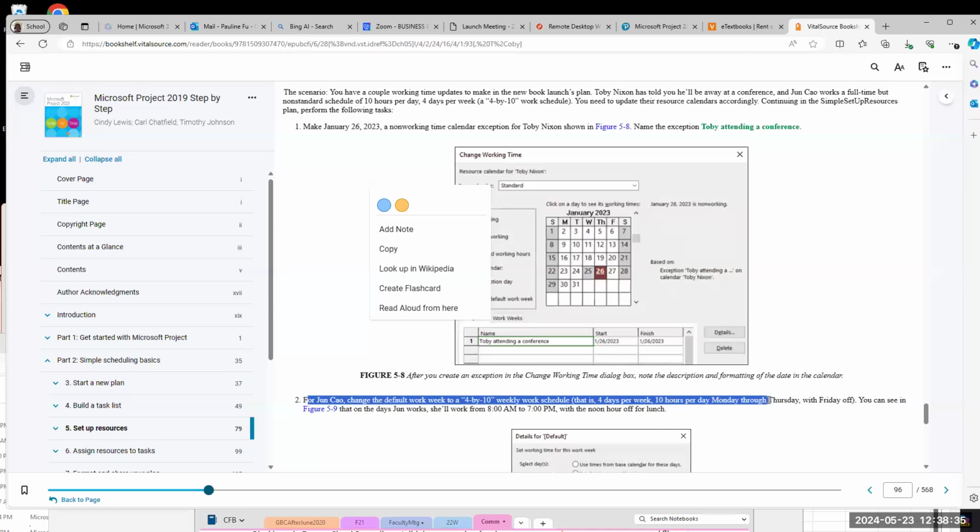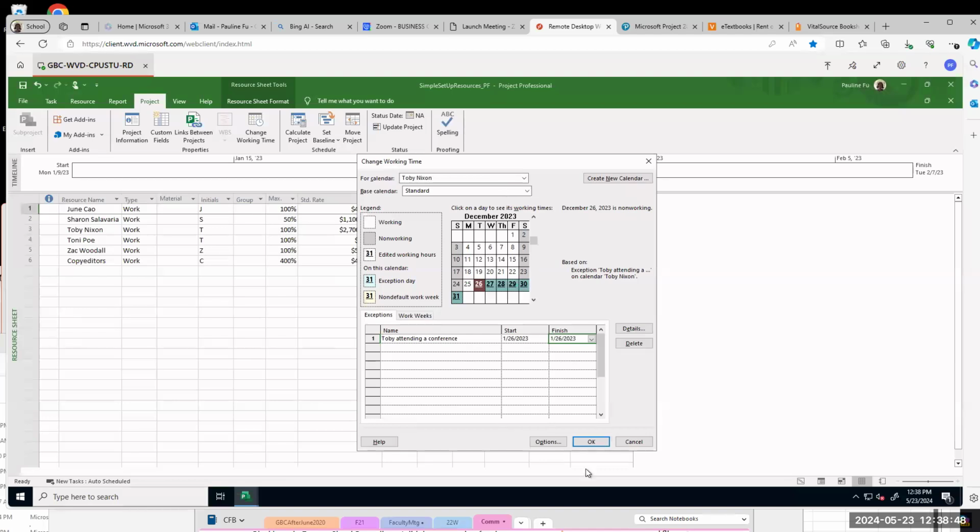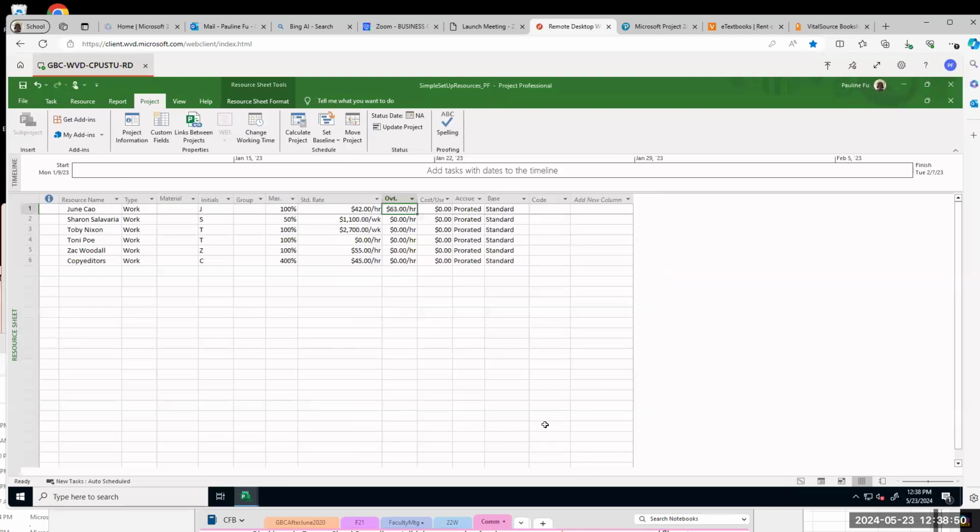So we want to change the calendar for Juncao, 4 days a week, but each day working 10 hours. So I'll click OK for this one first. Next, click change working time again. We are going to do something for Juncao, 4 days a week, 10 hours a day.